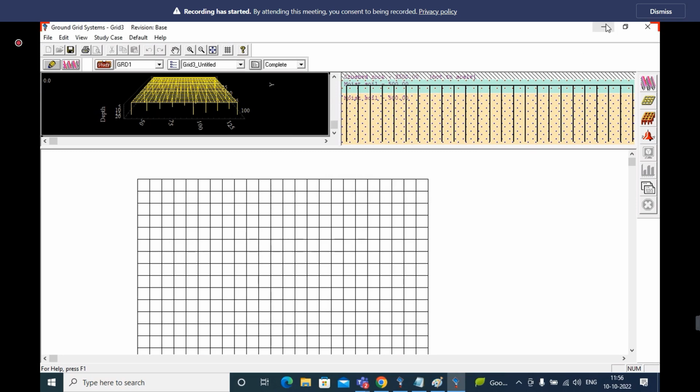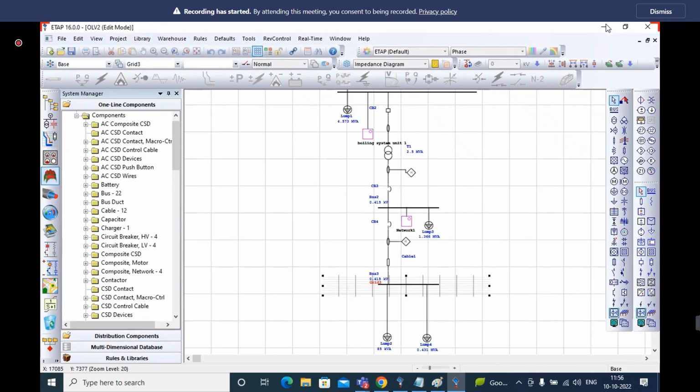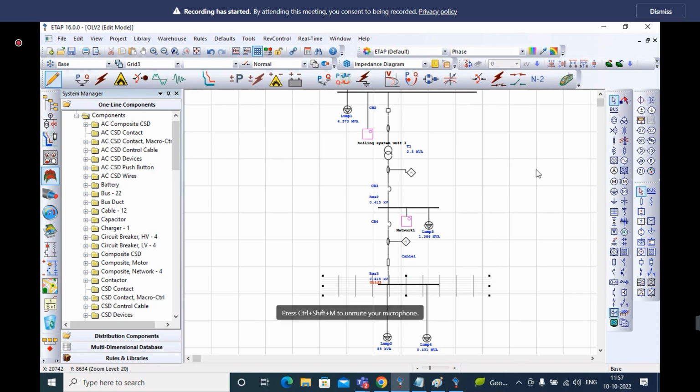So in this session we discussed how to get the values from that design. From that design we can get values only for single phase fault, sorry, line to ground fault only. Okay. If I'm giving three phase fault or otherwise double line to ground fault, we need to assign the values manually in that earthing part. Okay.